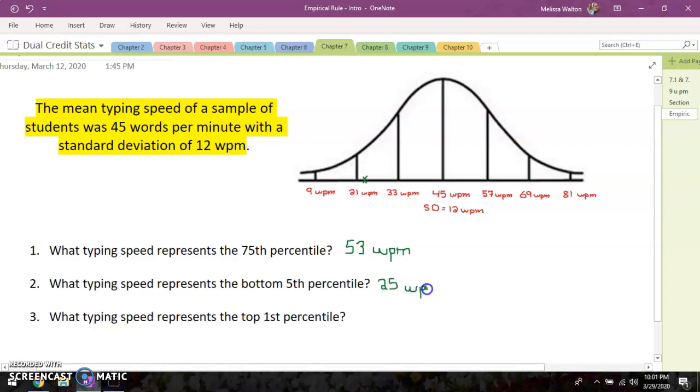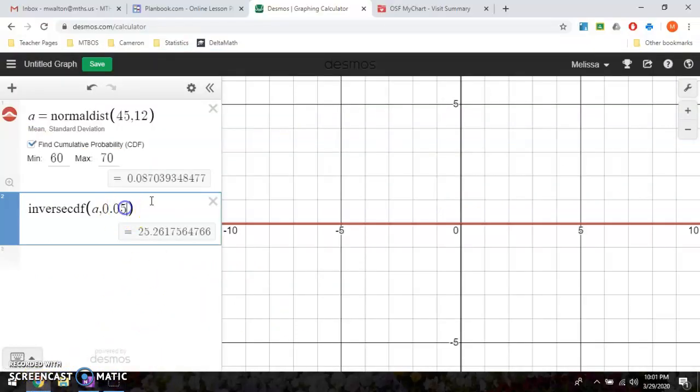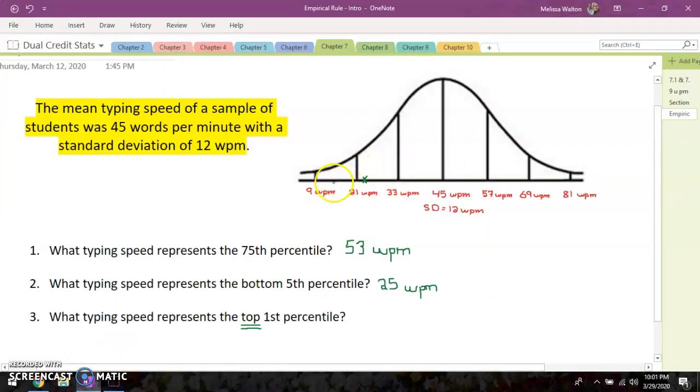All right, now the last one is a little bit tricky just with words. Sometimes they like to trip you up. What typing speed is the top 1st percentile? Now notice this does say the top 1st percentile. So if I were to just type in 1%, that's going to give me a really slow typing speed, 17 words per minute. I don't want 17 words per minute. I want